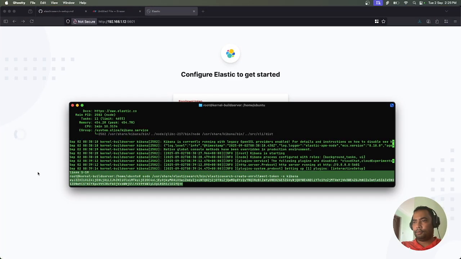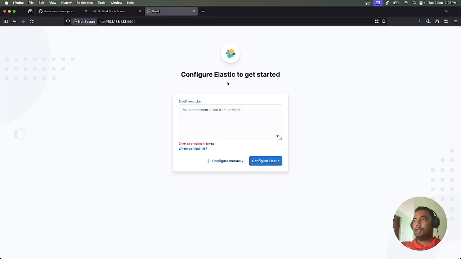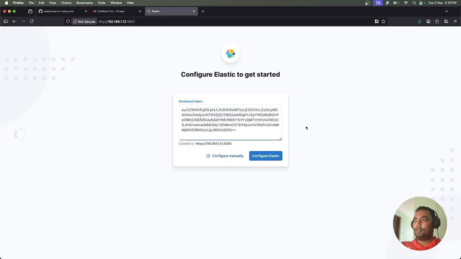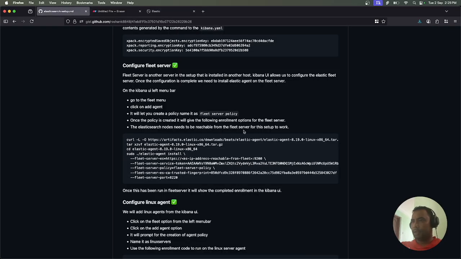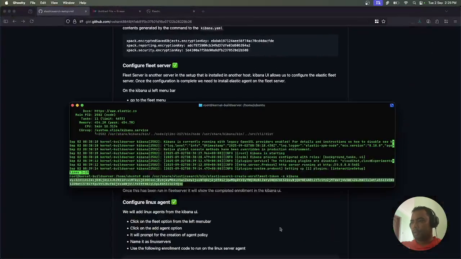Let's copy the token and try to paste it here for the enrollment. It says: copy the code from the server or run the Kibana verification code tool to retrieve it. There's nothing as such on the